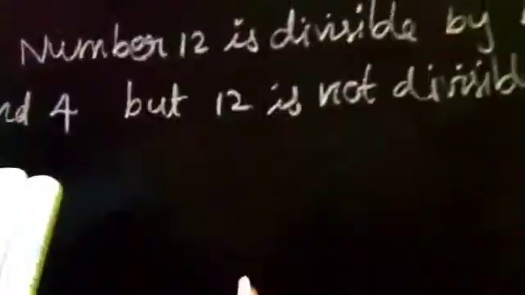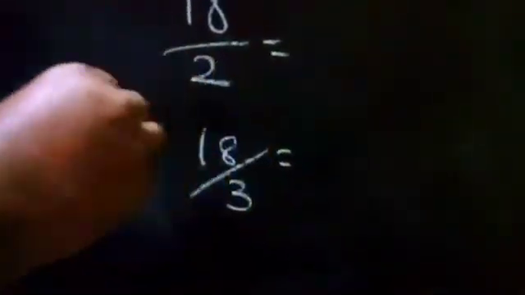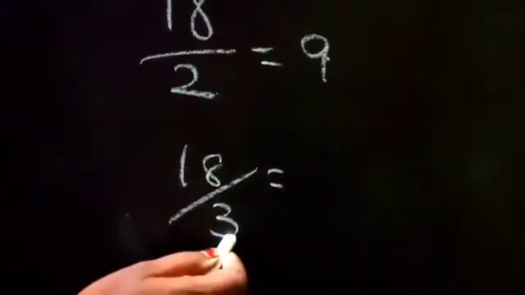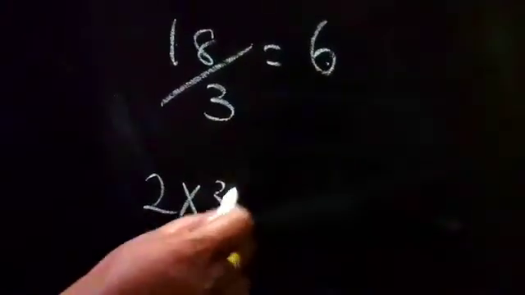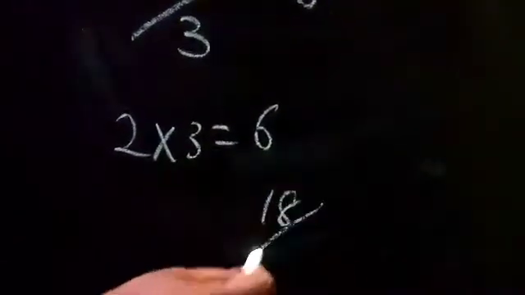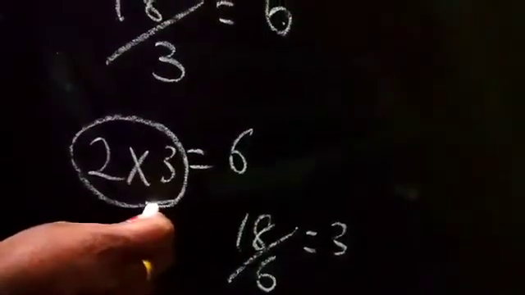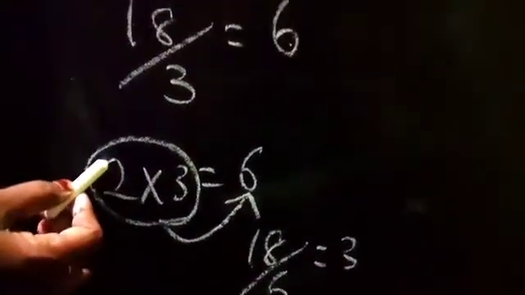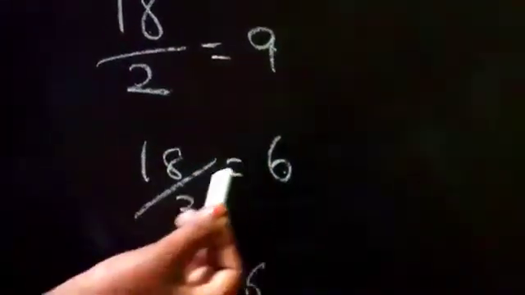Actually, what they say is here, 18 can be divided by the second table also. 18 can be divided by the third table also. Suppose 18 by 2 means 9 2s are 18. 18 can be divided by 3 means 6 3s are 18. Or 2 into 3 will get 6. So 18 can be divided by 6 also. That is 3 6s are 18. So if you multiply these numbers, it can also be divided by 18, and the factors, that is 2 and 3, can divide 18 9 times and 6 times.